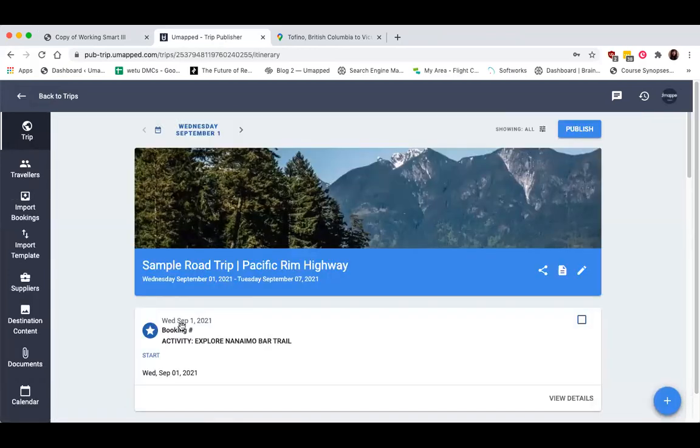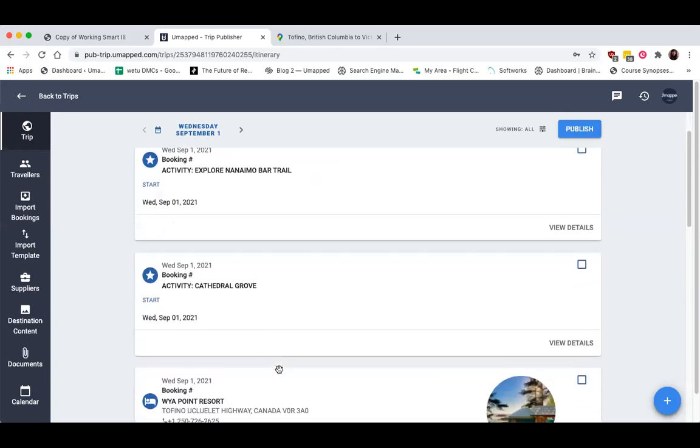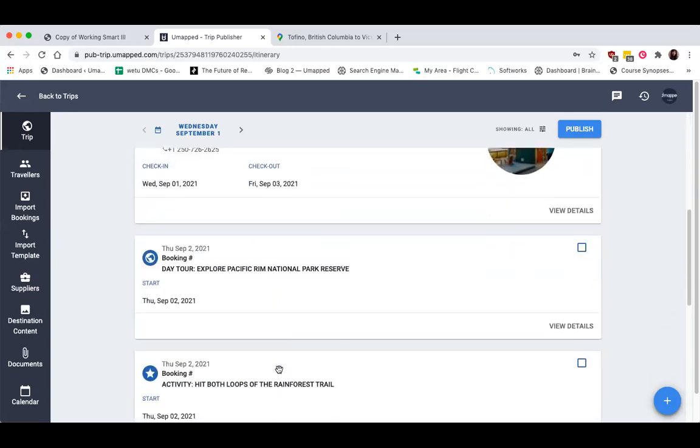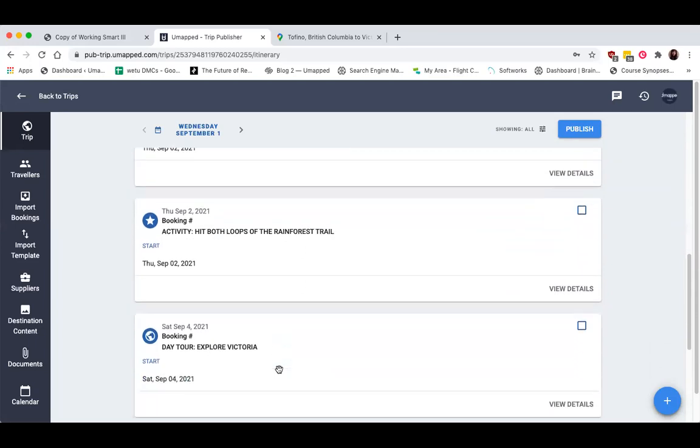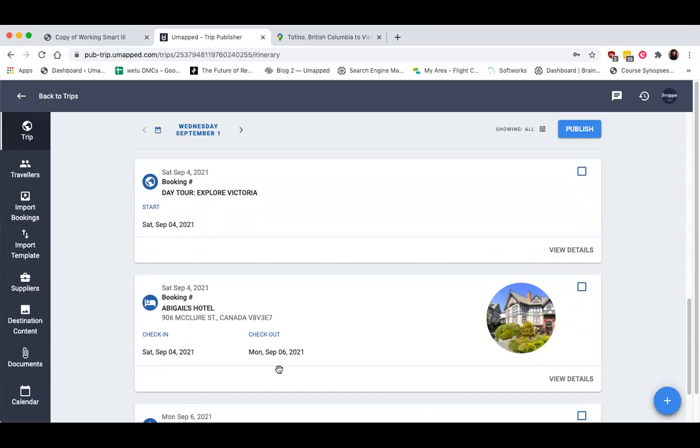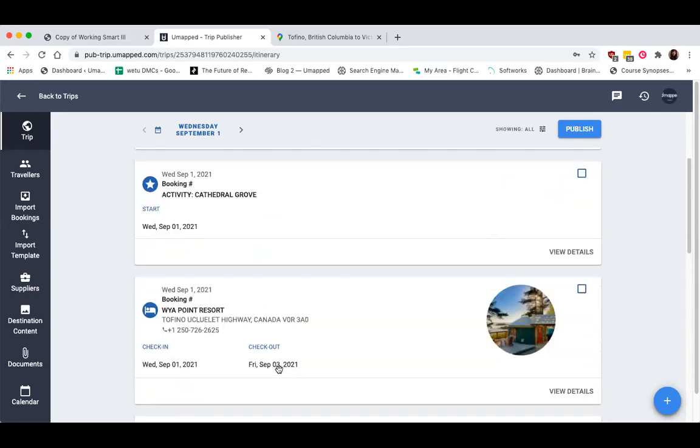Now, for the first part of this webinar, we're going to focus on how to add transportation segments to a trip so that we can really focus on having a full, realized itinerary before we add helpful materials like directions, maps, and destination content, which are not part of the key elements within my itinerary. So as you can see so far in my trip, I only really have accommodations and activity segments. If I know that my travelers are going to be driving between these cities, I'll just want to denote when they're going to be driving and the locations, so that even if my travelers are using their own GPS, they'll be able to input the correct address.